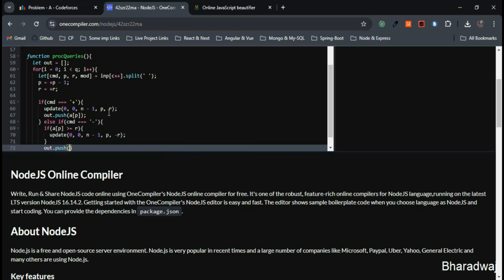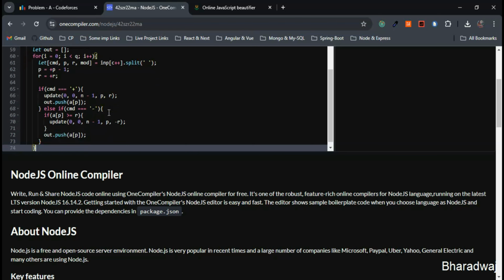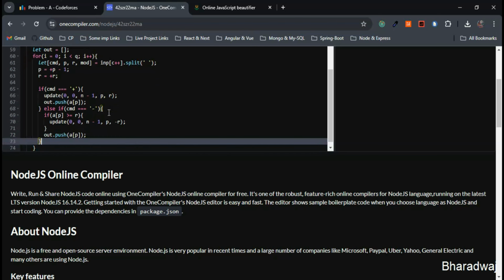Push A of P within the array. So this is fine. What we are doing here, we are just outputting the updated value. Next, else if command is equal to s, then we will query